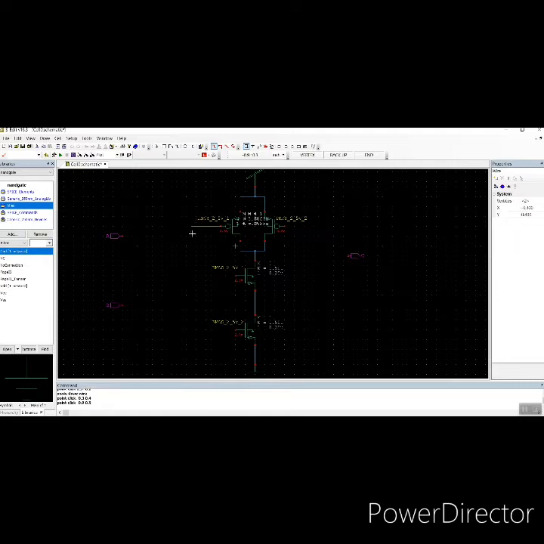Before connecting the input ports, we need to connect the PMOS and NMOS connection. Connect it with A. Then connect these connections with the B port. This is the output connection, C. Now we need to give a supply voltage.